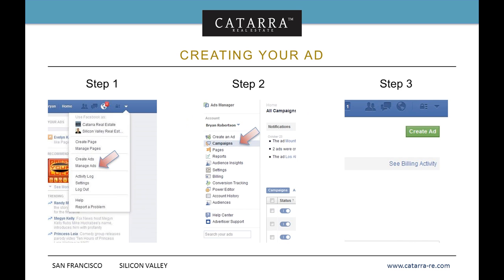So this training today is going to have you focus on using just the basic campaign management tool. Don't try to get fancy. I don't see that it buys you anything, and it might actually complicate things more than necessary. So you click on campaigns. You could also click on create an ad. But if you've created campaigns where you're going to put multiple ads, just going to the campaign page is a better way to start. And then in the upper right-hand corner, when you're on this page, it's a little shrunk here, you'll have create the ad. And we're going to walk through exactly what you do to create the ads.